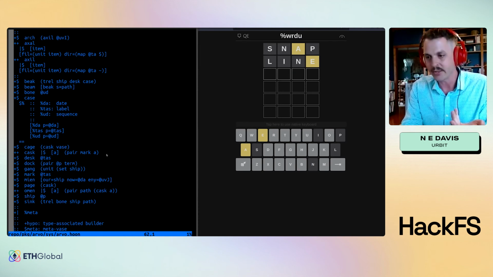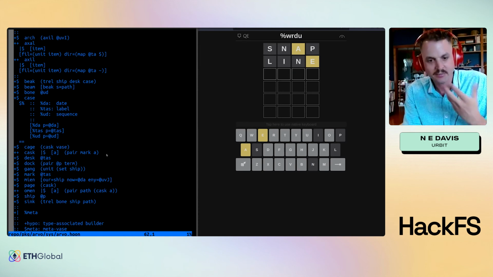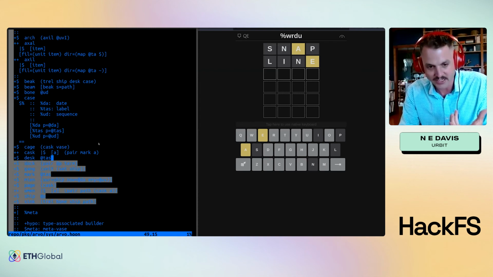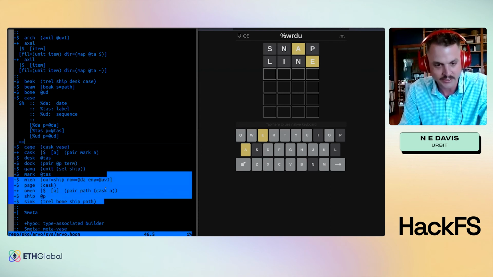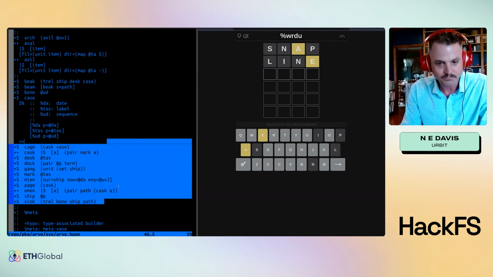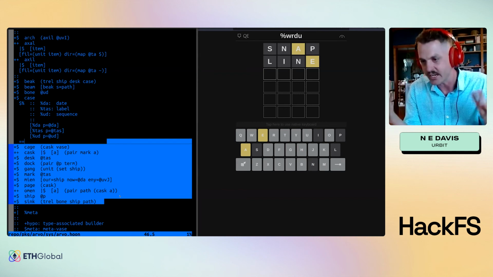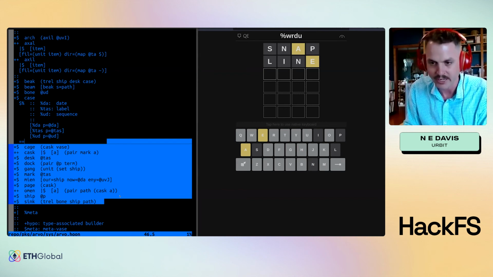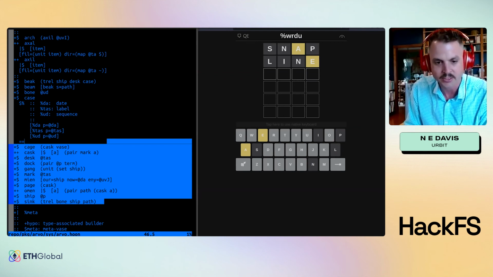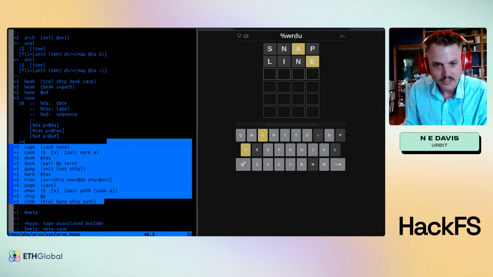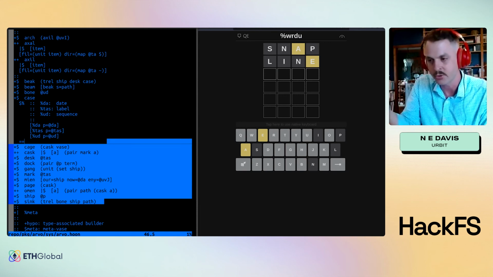But there's a lot of power in that. Most of this is defining instances of data types that are going to be used further down the file. This is the Arvo definition file itself. It's an open source operating system, so of course you can open up the hood and look at anything that's going on inside of that.